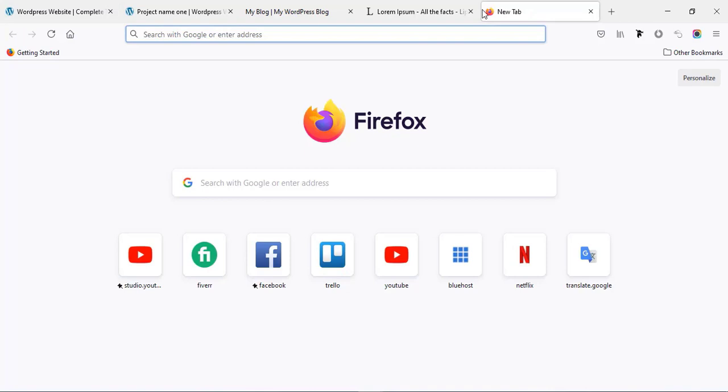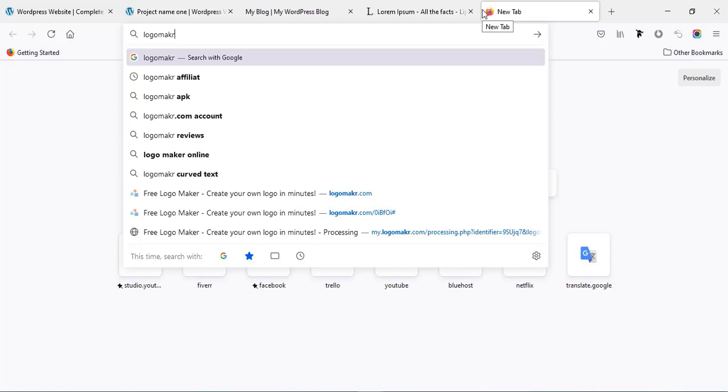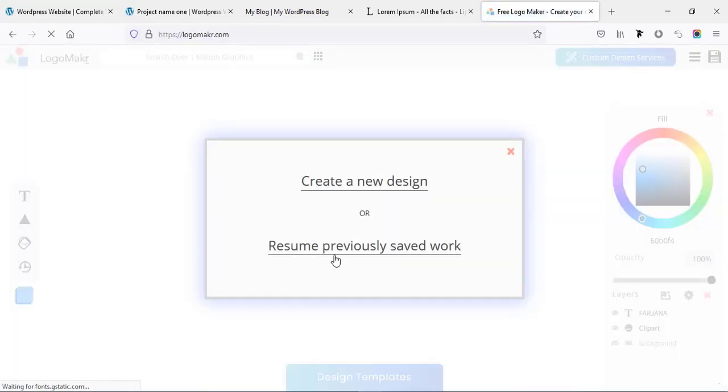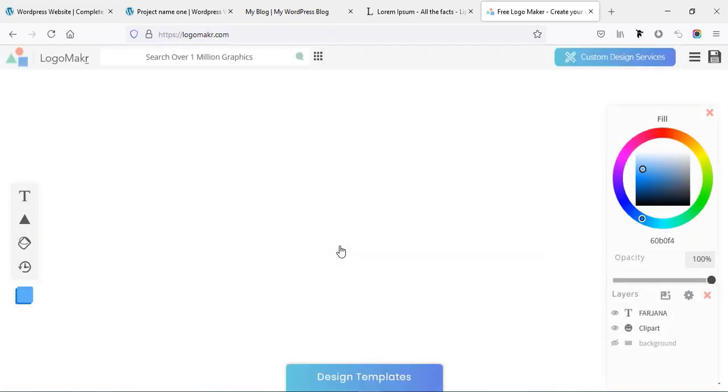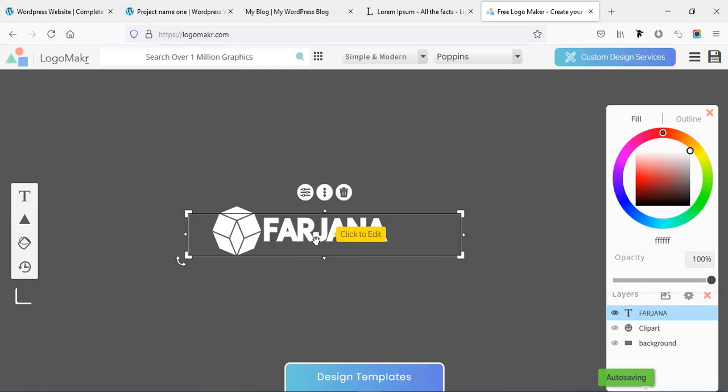So again I'm going to the logo maker site. I could have created it the first time when I created the logo, but I forgot to create the favicon, so I'm again going to the logo maker site, makr.com, and reading some previous saved work. So I'm going back to my previous work, and I will link the background, and here is my logo. So from here I am removing this name